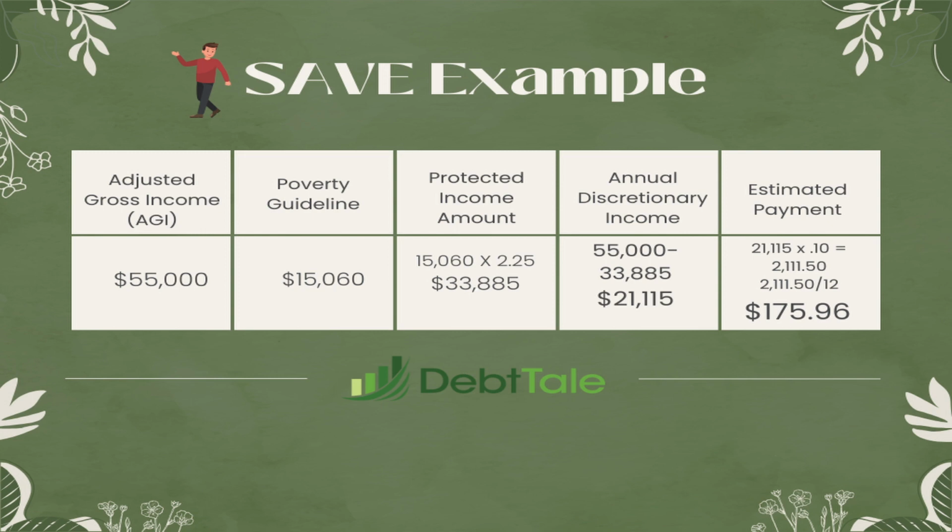$21,115. So to figure out the estimated payment, we're going to take the $21,115 times that by 0.10 because that's 10% converted into a decimal, and that's going to come out to $2,111.50. And then we take that and divide it by 12 to figure out the estimated monthly payment, and it comes out to